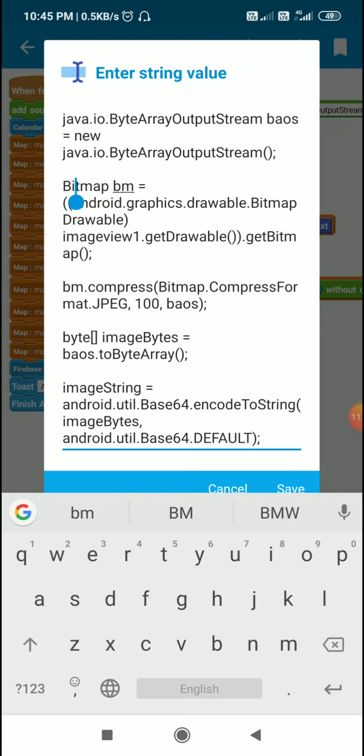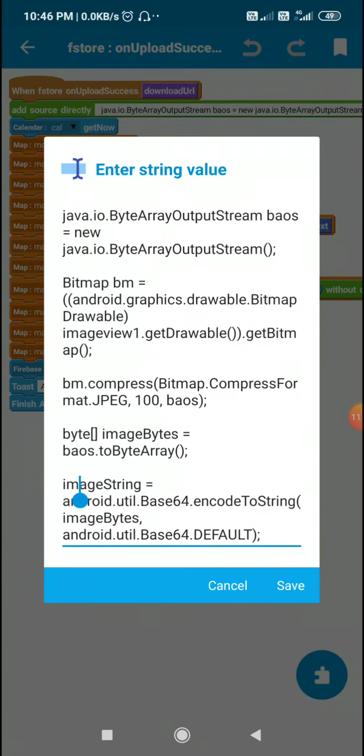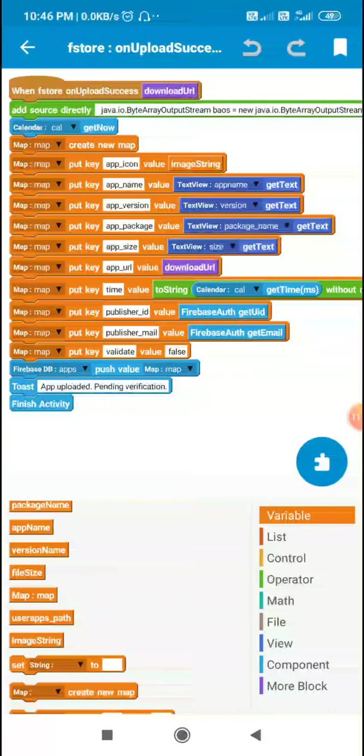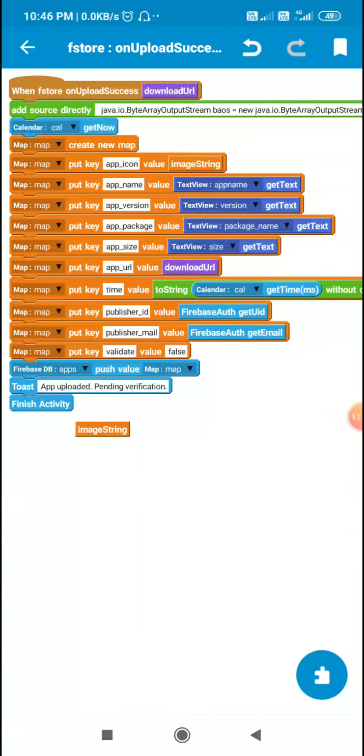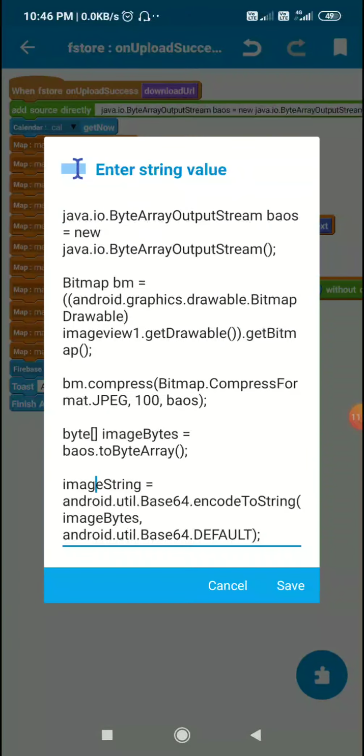So that will be our bitmap BM, and I compress this BM using the byte array output stream BAOS, and then I convert it to a byte array called image bytes, and I convert this byte array image bytes to a string variable called image string, which is a base64 string. For this I have declared a new string variable called image string, and I have defined it here.